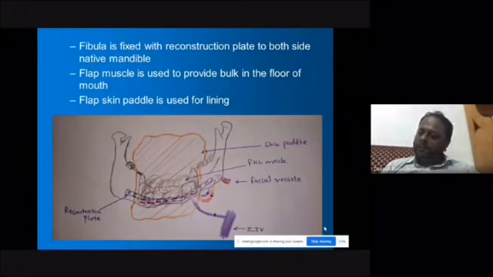So it's my habit, whether I do scapular, DCIA, fibula, ALT with femur, especially for bone flaps, to flush 5 to 10 ml of heparin saline into the artery, and it should flow out freely through the vein. So you know that there is no kink in the pedicle anywhere. The pedicle isn't bent because the bone is bent. You have not gone through the pedicle when you were drilling. The screw is not impinging on the pedicle anywhere, because the pedicle lies on the opposite side of the peroneal surface. You will never see it once you fix it and start suturing the intraoral part.